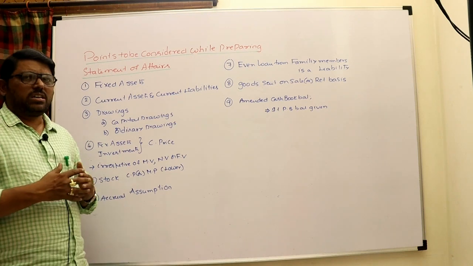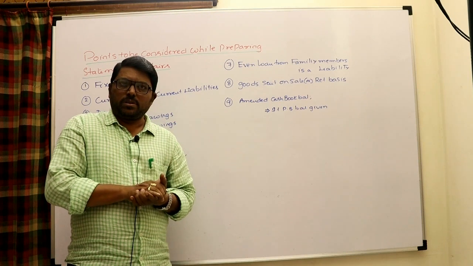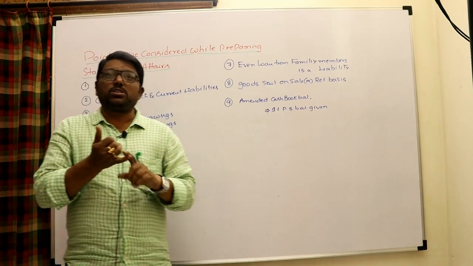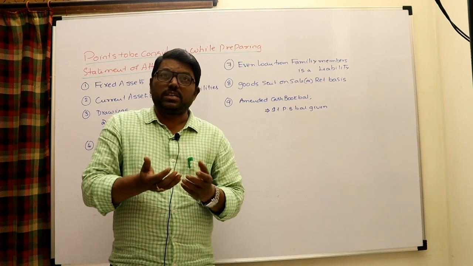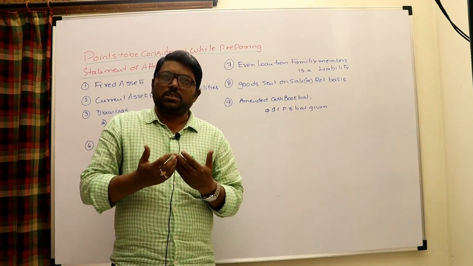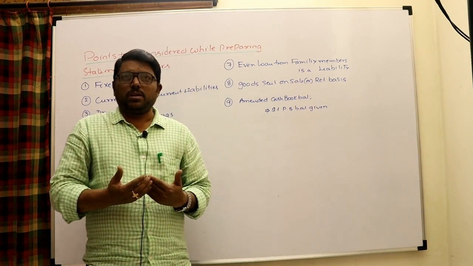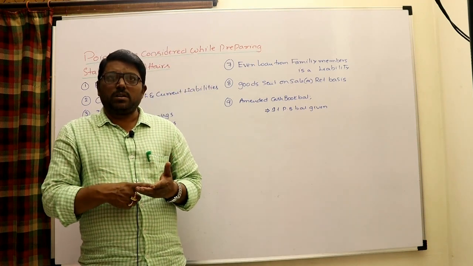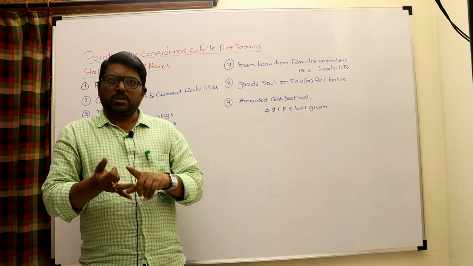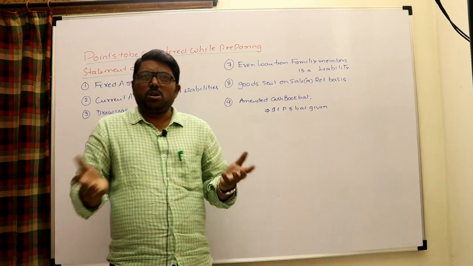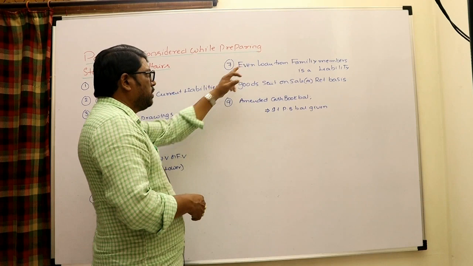And meanwhile, while doing this, you have to work out not on cash basis but on the accrual system. In the accrual system, expenditure is considered whenever it is incurred and income whenever it is earned, whereas in the cash system it is whenever it is paid and received. But here you need to follow the accrual system, expenditure incurred, income earned. Therefore, we have considered outstanding expense, prepaid expense, accrued income, and advance received income. All of them are considered only under the accrual system of accounting. That's what we need to follow here.